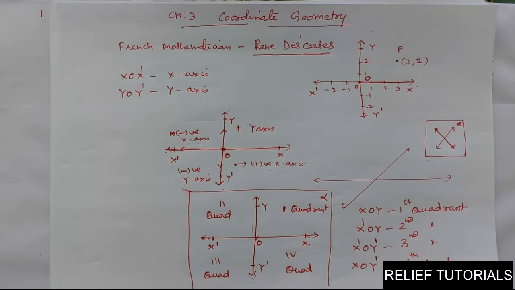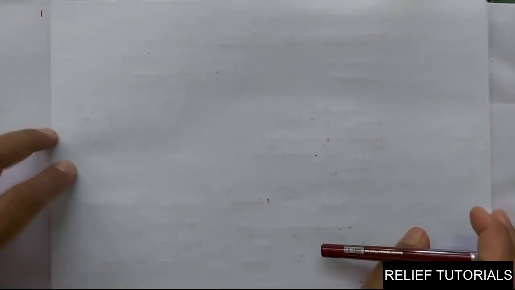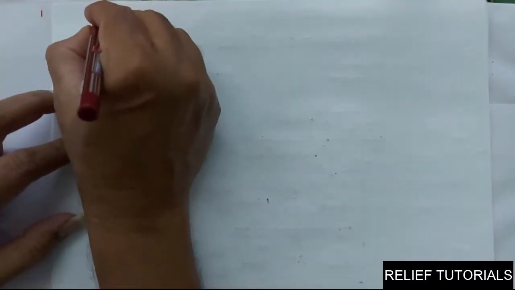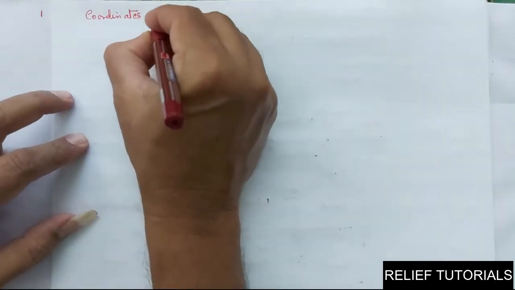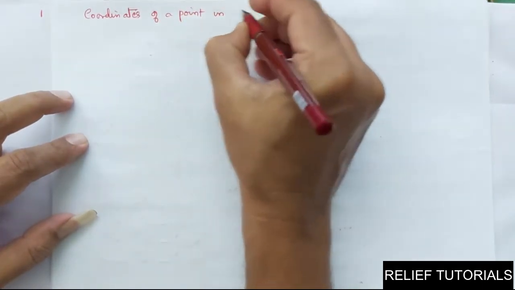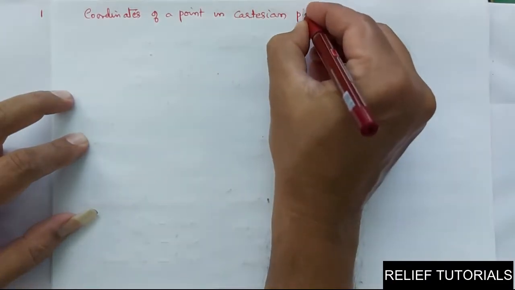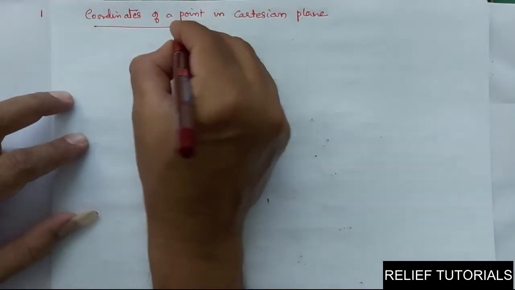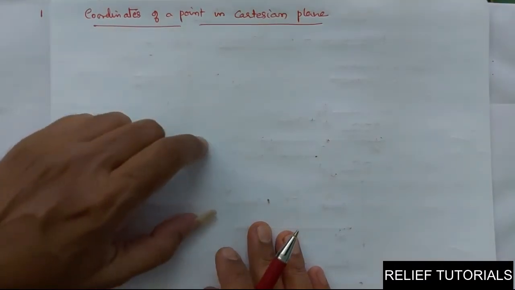Now we will find the coordinates of a point in a plane. This is a very important topic. Coordinates of a point in the Cartesian plane. This topic is quite important. Now see,